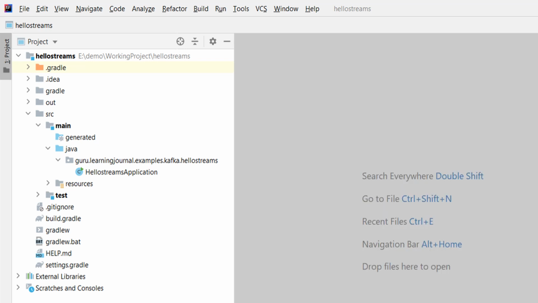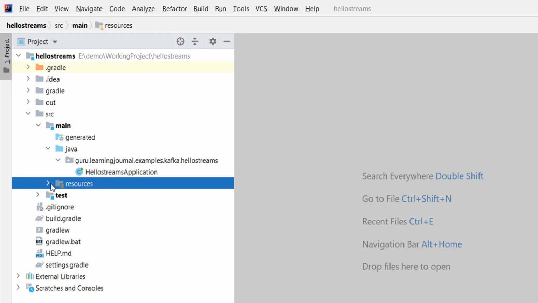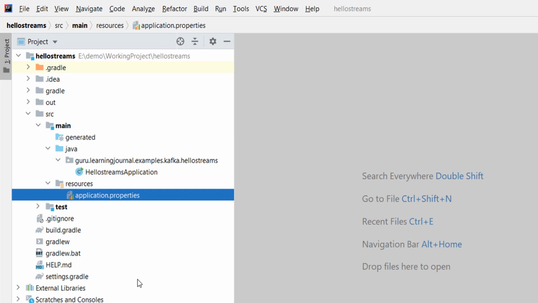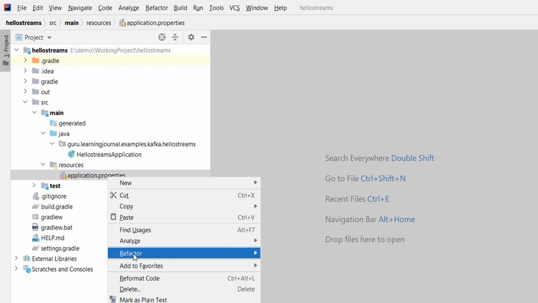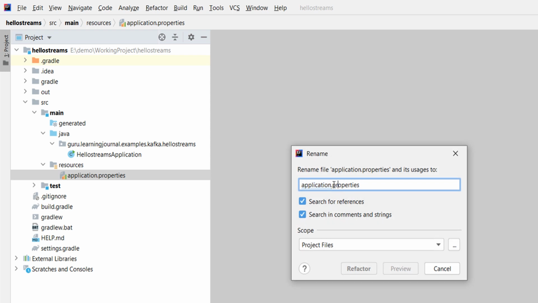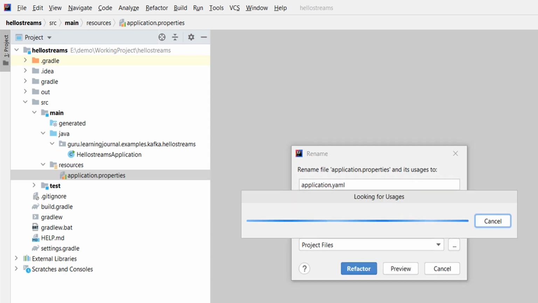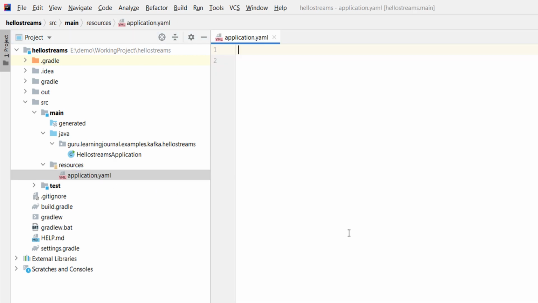Let me start. Kafka and Spring are highly configurable systems. So, every application will have a configuration file. You can find it in the resources folder. Here it is. You can define your application configuration in the application.properties file. However, you can also define them in a YAML file. Most of the projects prefer the YAML file over the properties file configuration. So, let me rename the application.properties to application.yaml. Great. I'll paste some configurations into this file.